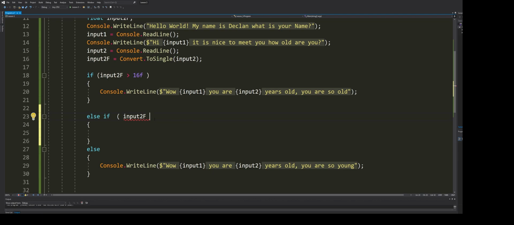Now, this is where things get a little bit tricky. If I want to see if they guess the exact same age, we can't use a single equals, because from memory, if you remember, a single equals is declaring a variable. To check if two things are the same, we use a double equals sign. And so we're going to say that the computer is 1 year old. And so we're going to say if they say equals 1, then we are going to